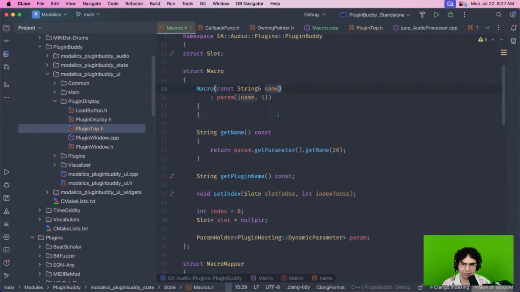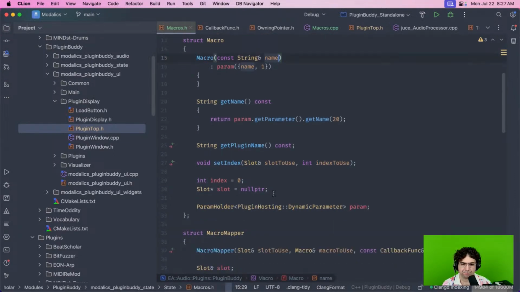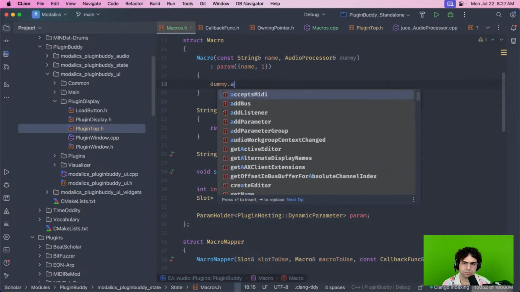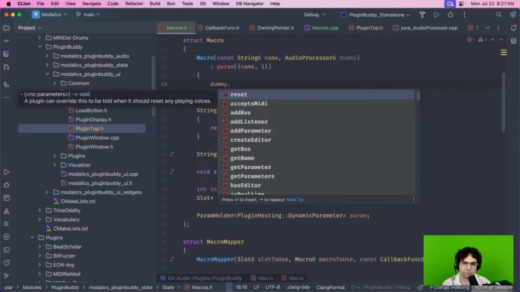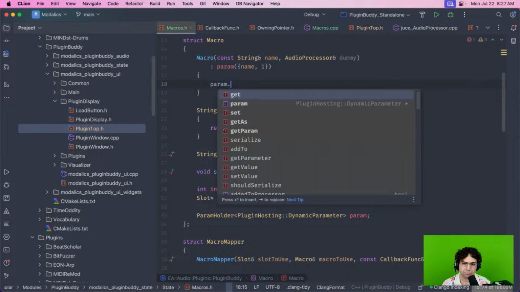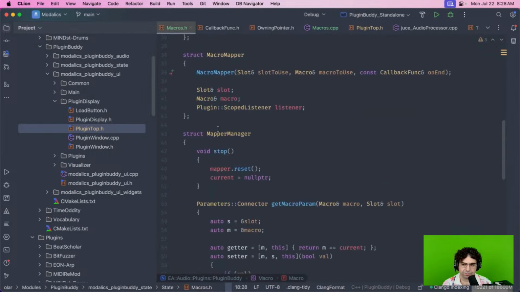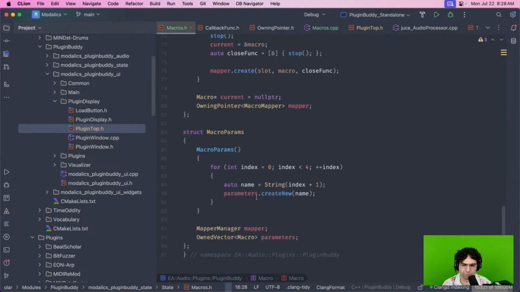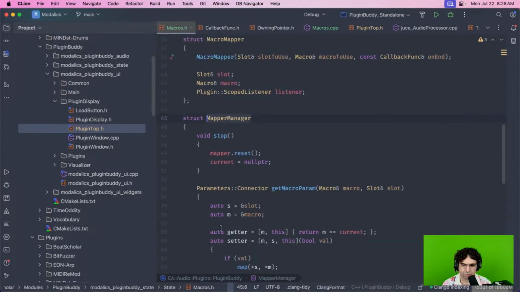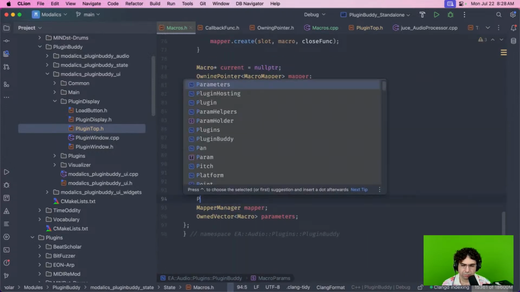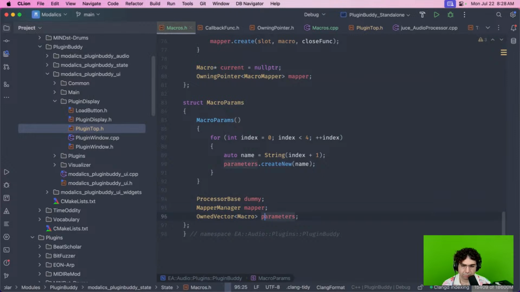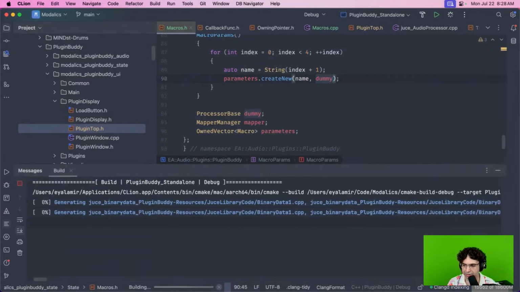Some dummy processor for this to work, so let's do something like a dummy. This dummy is just to prevent these